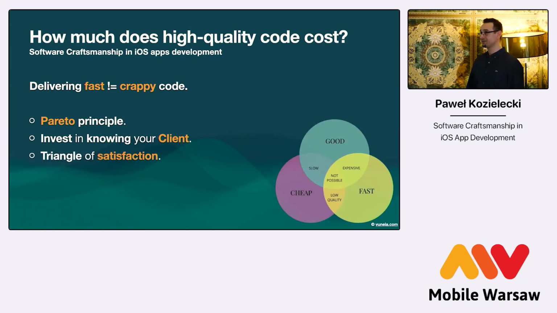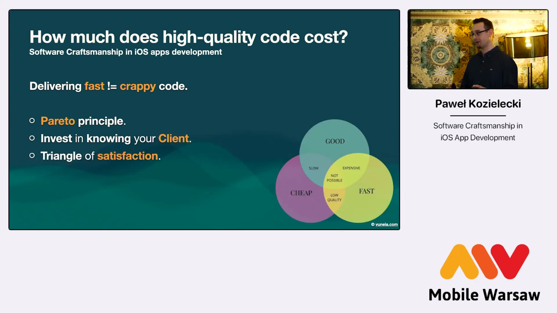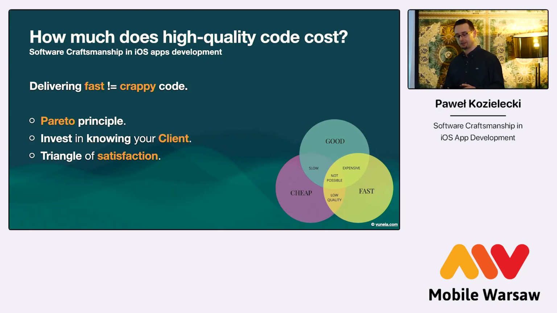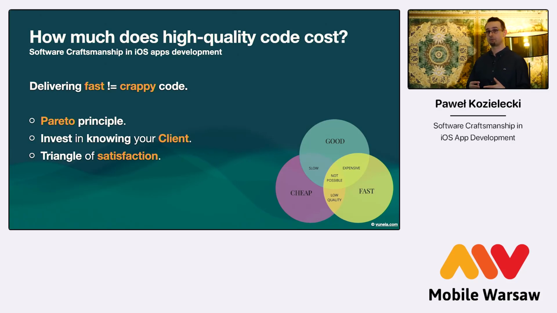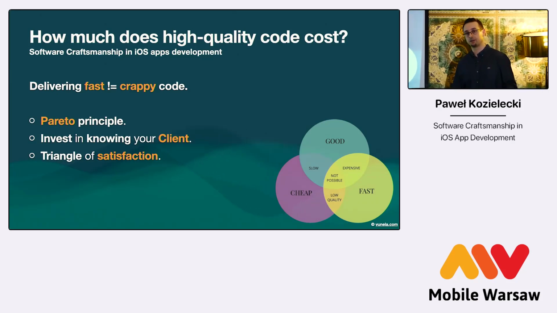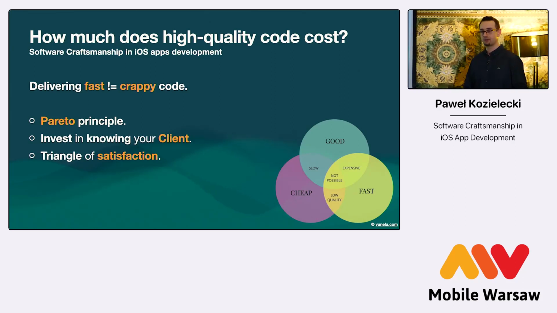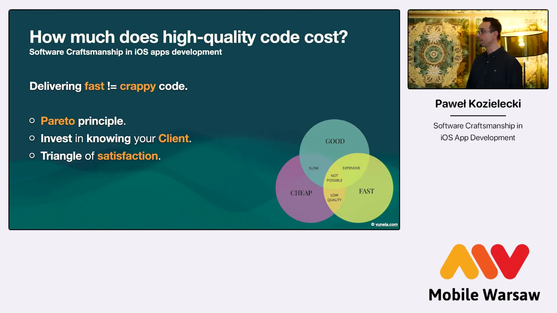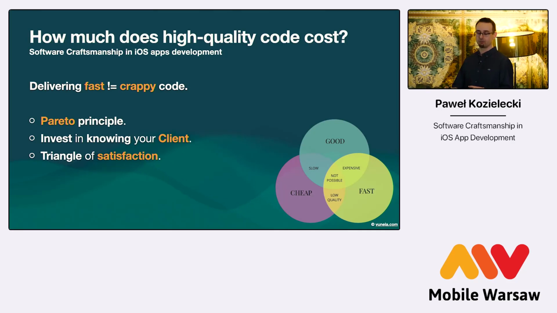And for that, at least for that 20% of the code, I would never negotiate on quality. I would negotiate on time or on finances, right? So if the client wants something faster, it's going to cost more, as simple as that. If they don't have enough money, they're going to have to wait longer. But don't negotiate on quality in regards to the 20% most important part of the code.